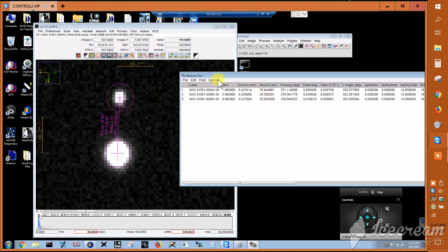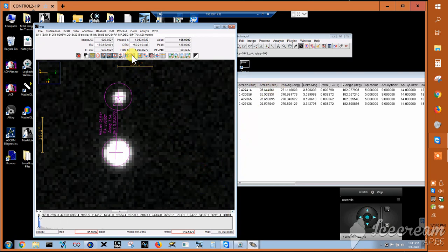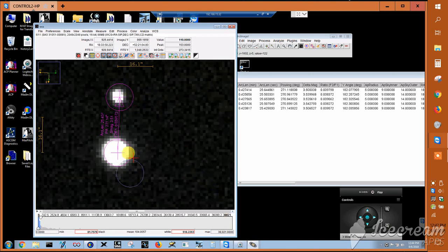So by having multiple images and measuring, in this case, 11 different times, I can get a better statistical measurement. I'm getting more accurate, more precise data. And each one of these gets put into my measurement table automatically. I have to just remember to erase what I drew on the previous image. They tend to overlay very closely because the telescope mount works pretty darn well, and each image is almost exactly on top of the others, but it looks like we had dithering on because it moved by just a couple arc seconds there. And I'll continue this, and I'll go through all 11, and I won't bore you with that